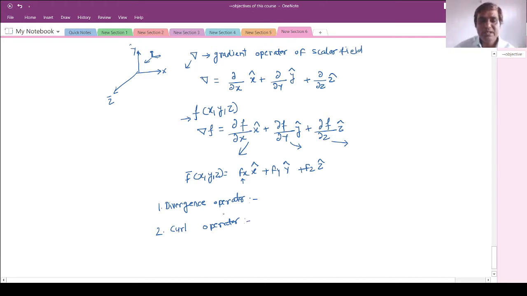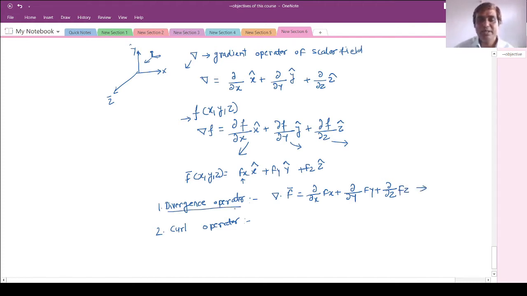Okay, so basically what is the divergence operator? The divergence operator is like a dot product. It is the dot product between the gradient and the vector which I would like to calculate. Okay, so this divergence operator can be defined as the dot product between the gradient and the vector f bar. And how can I write it? I can write it as d dx of fx plus d dy of fy plus d dz of fz. So this will be defined as the scalar product.